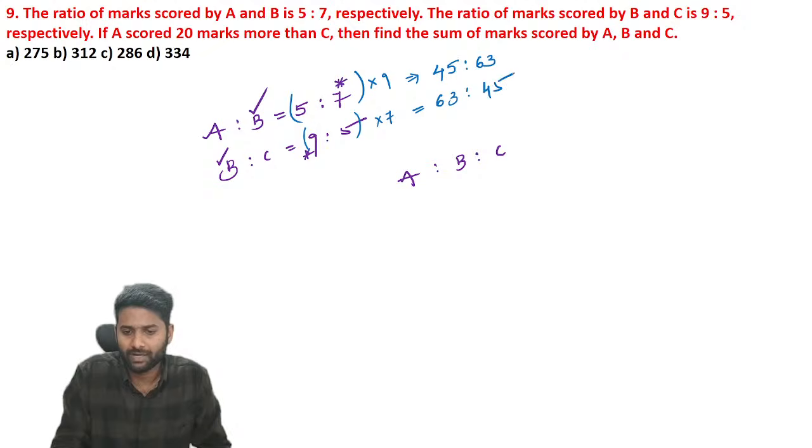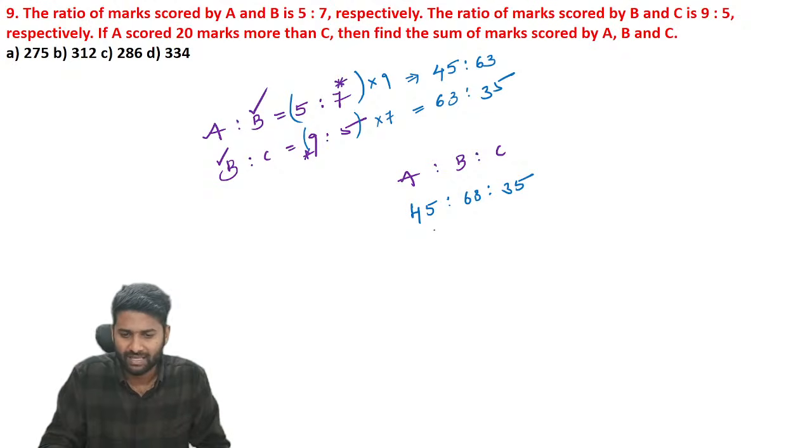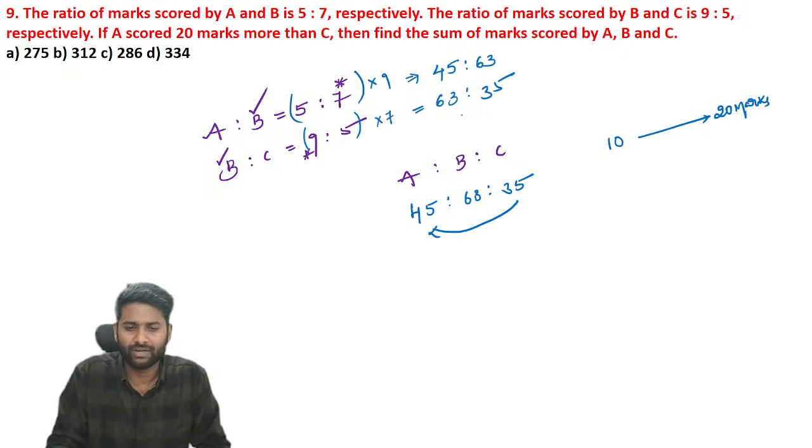Now you got the combined ratio here. A is 45, B is 63, C is 45. Sorry, 7 into 5 is 35, so C is 35. Now we have a comparison. A scored 20 marks more than C, so let's find the difference. According to the ratio, A is more than C by 10 units. If 10 units is equal to 20 marks,